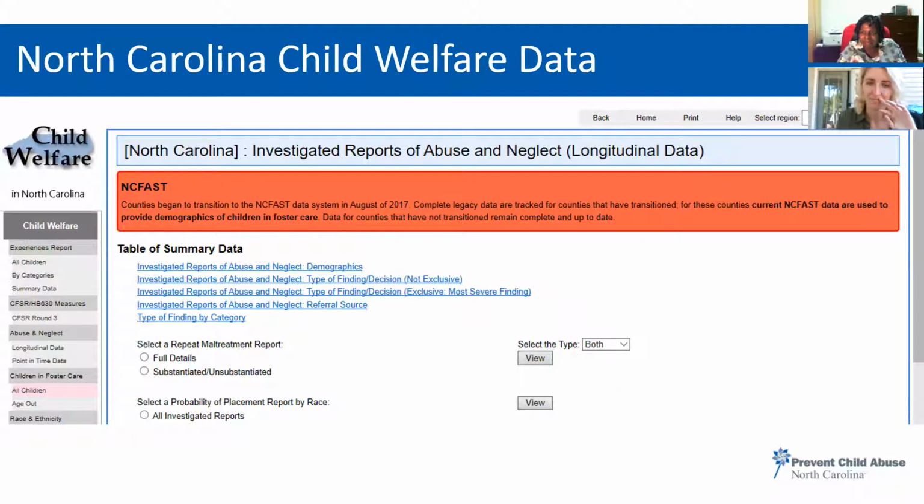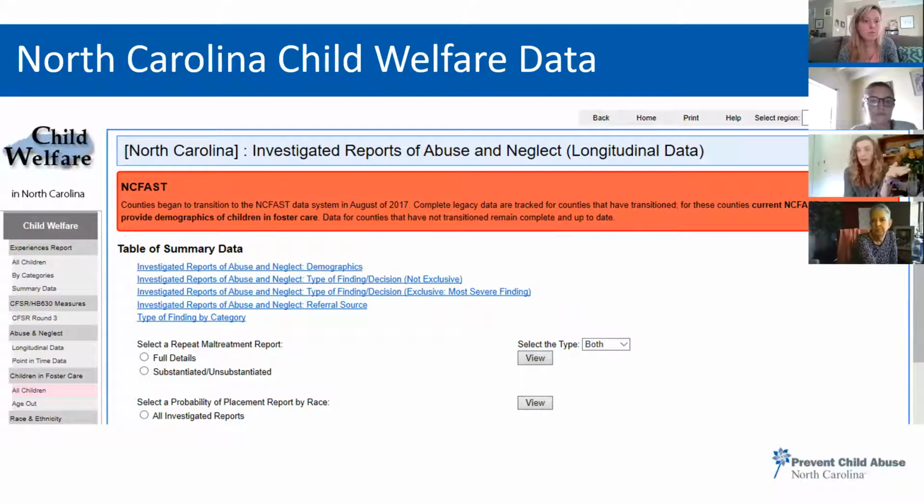Just so you all know, this is what we are talking about. This is a webpage that compiles the county's submissions to the state, and it really gives some child welfare data about cases that are referred to or investigated by CPS each year and what the outcomes of those cases are.